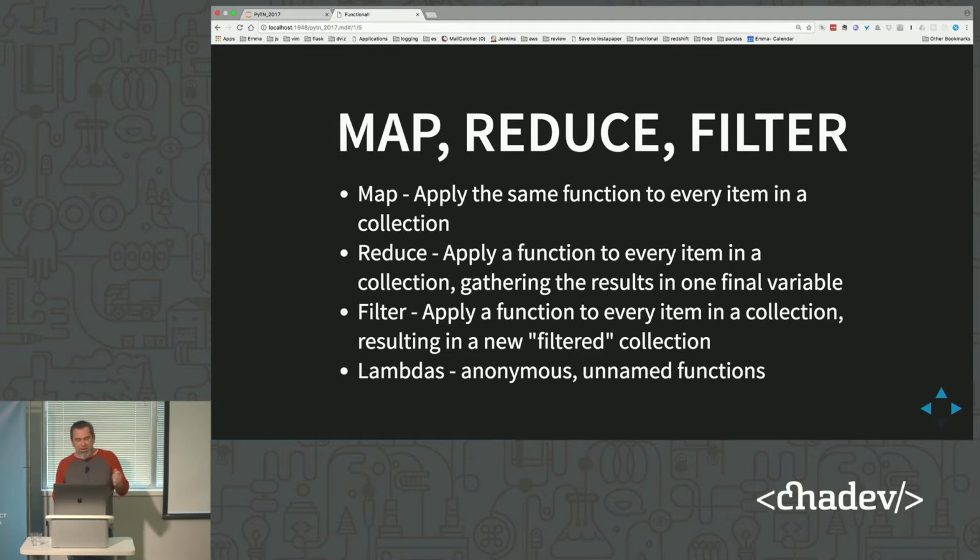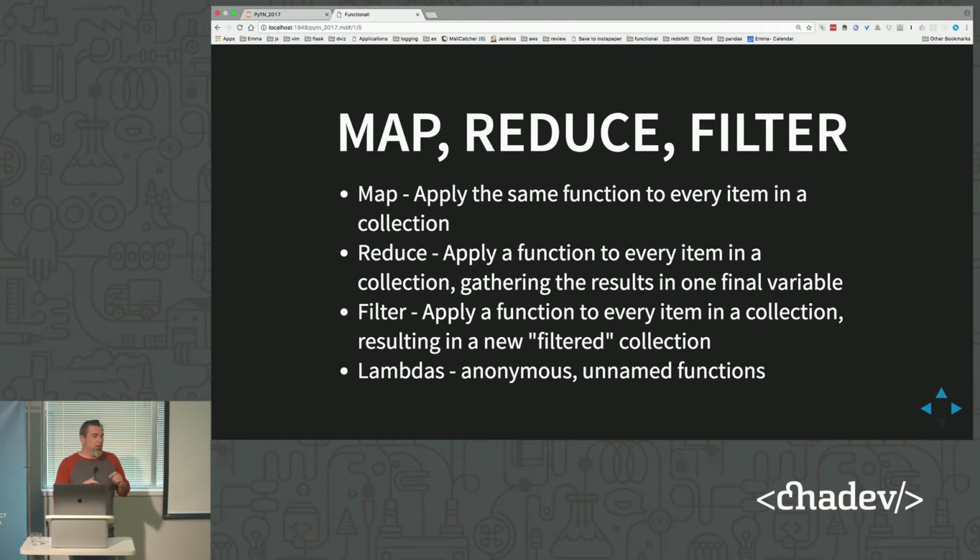right? Filter is applying a function to every item in a collection, and we're seeing a pattern here, right? Where you apply the function to the collection, you get a new list back that has filtered the collection down for you. So the filtering function needs to return a true or false value, right? So anything in that function that returns true, that item gets put into the new list. If it returns false, that item gets eliminated from the new list. So with a list of 10 numbers, if you want all the even numbers, you can filter them down using a quick little function that checks whether or not they're even and gives you back a list of nothing but the even numbers.